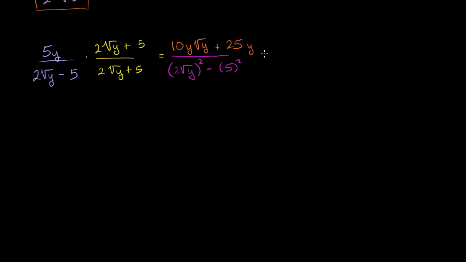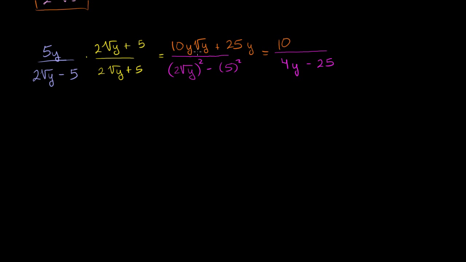And we can simplify this further. So what is our denominator going to be equal to? We're going to have 2 squared, which is 4. Square root of y squared is y, right? 4y. And then minus 25. And our numerator over here, we could keep it exactly the way we've written it here. We could factor out a y. There's all sorts of things we could do. But just to keep things simple, we could just leave that as